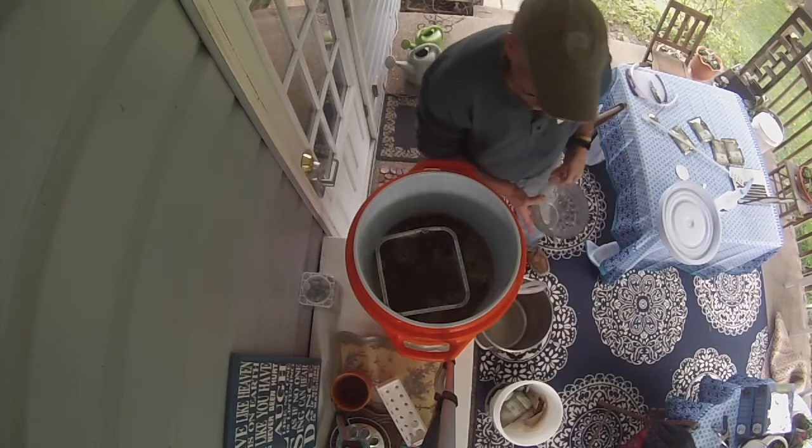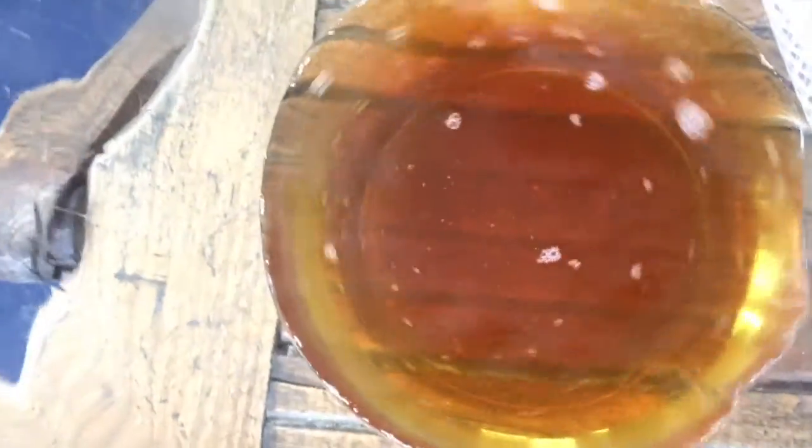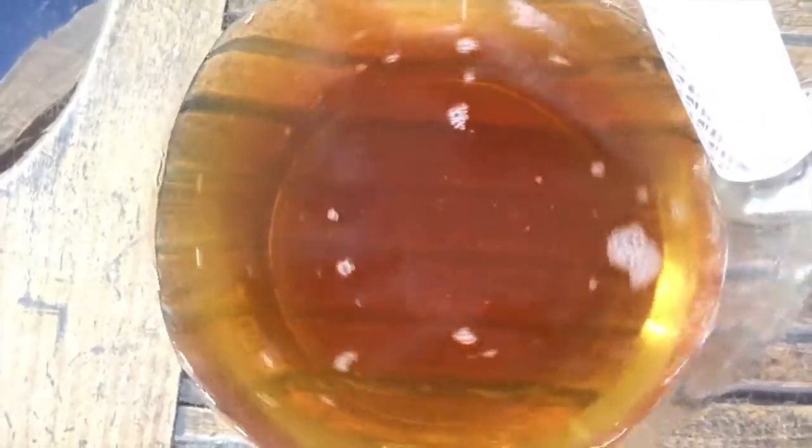All right, round two. So this is my grain bed settling stage 2. Look at that, you can see how clear it is. There's still some stuff floating around in there, not a lot. It's certainly better than round 1. Hopefully at the end of this stage we'll do one more, and then we'll be ready to fill the brew kettle. So here we are with four-loft number 3, and you can see just how clear this stuff is